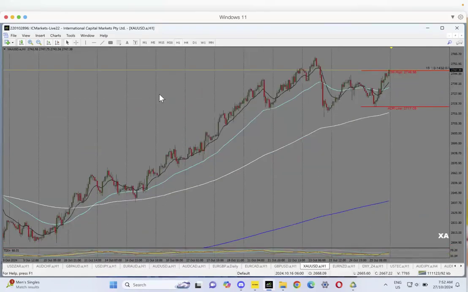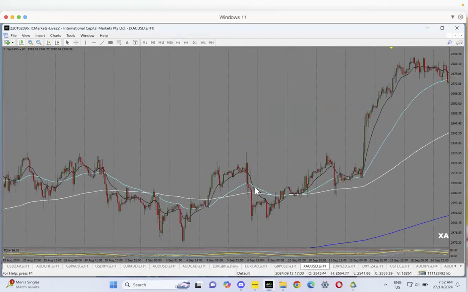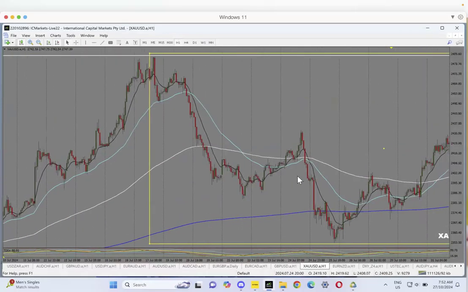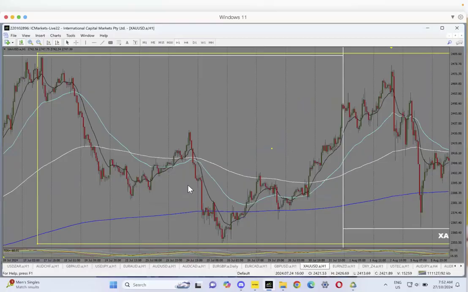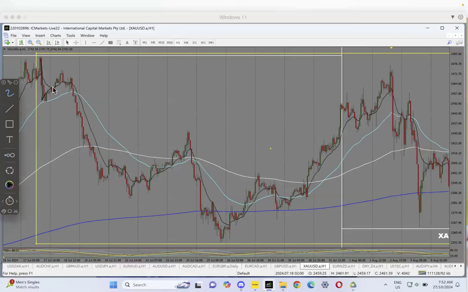Now let's move to H1. I put that yellow box there so that at least it will guide me with the point that we're dealing with. Because I remember we did this. So as you can see, this one is actually 1 consolidation, 2 consolidation, and 3.